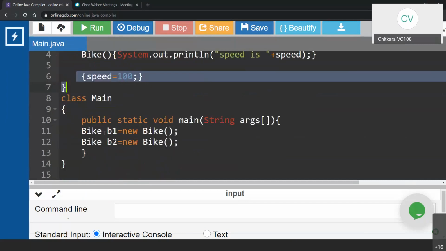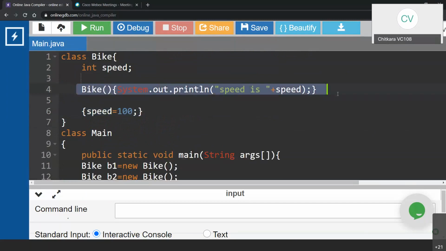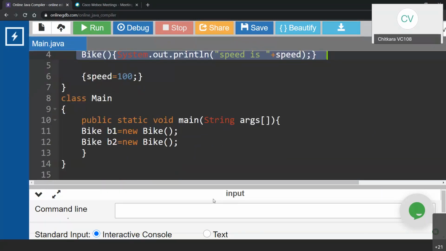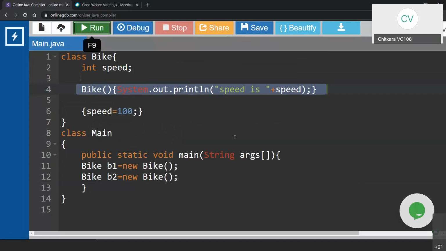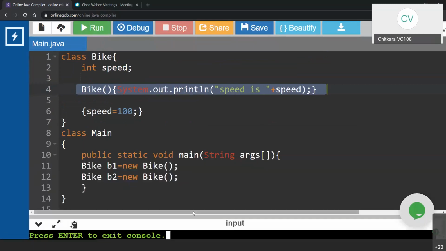So whenever I create an object, the first step is it is going to call the initialization block. It is going to make a call to the initialization block, and then it is going to make a call to the constructor to display the speed. So for each and every object, the initialization block will be called. Is it clear? So when Bike b1 = new Bike is created,